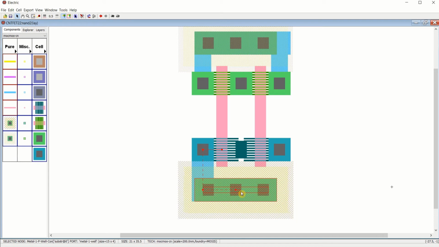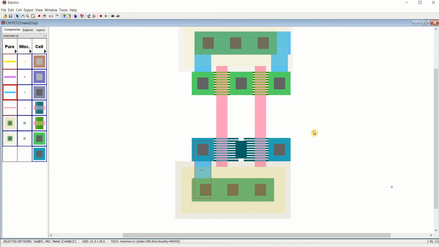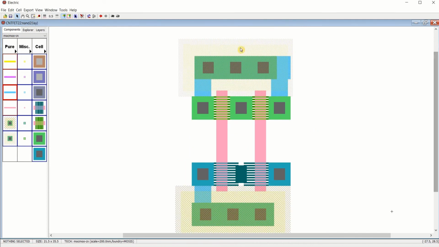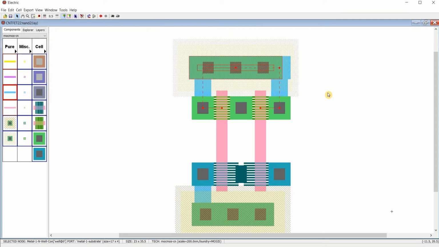You can move this aside. Nothing wrong in that. You can change the width if you want. I'll increase this to 17. Okay.